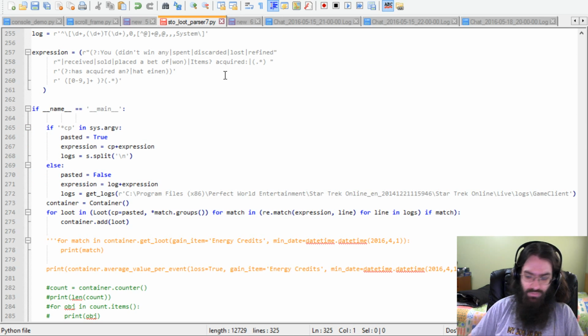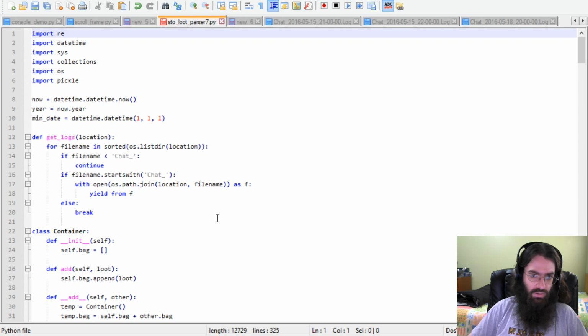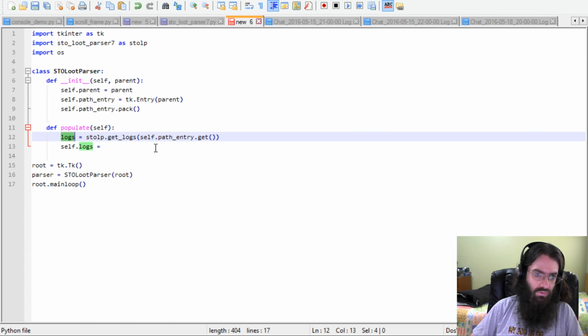What exactly does this do? Yields from each file, so it's each line. For line in this,